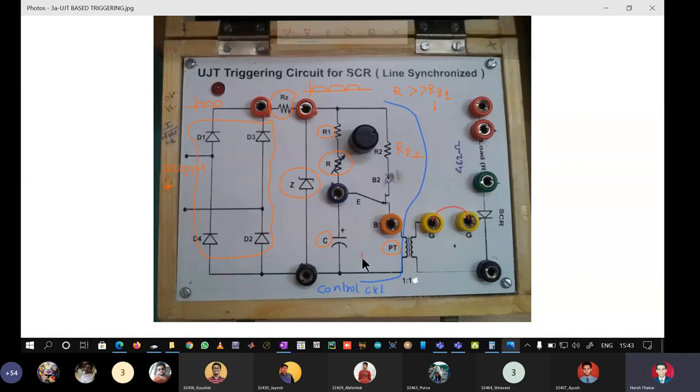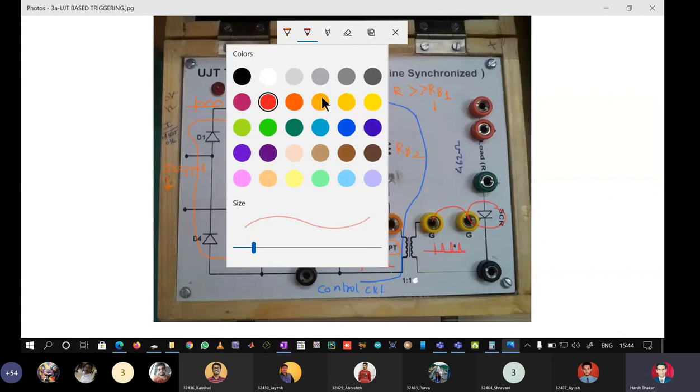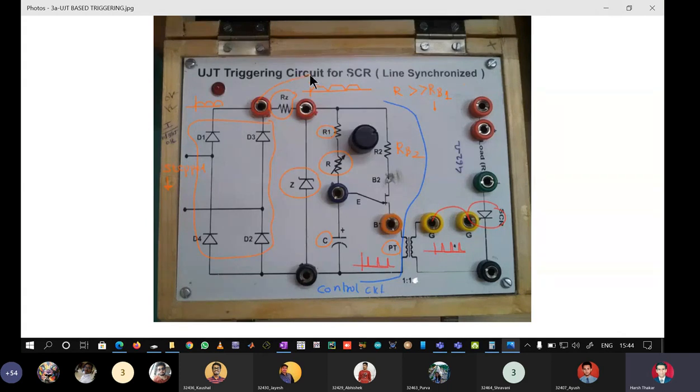We will have firing pulses here like this, like this, like this, and these firing pulses will be transferred through the pulse transformer like this, like this, like this. Here is our SCR, and we have to make one more connection from here. That is a wire connected like this. So here what we get is pulsating DC when SCR fires. There is an inbuilt resistor here of 462 ohms. Okay, this is how it is.